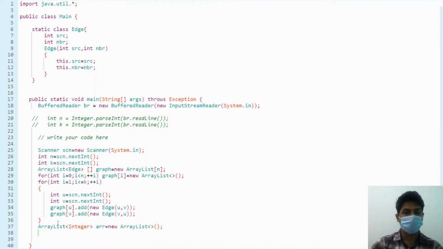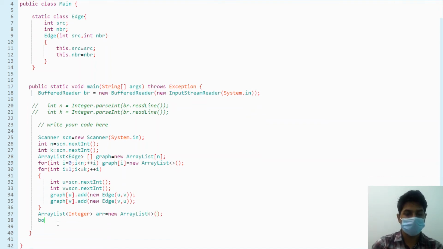Now let's make a boolean array visited, to mark which nodes are visited and which are not, new boolean of size n. Now we will iterate through this. I equal to 0, I is less than n, plus I.